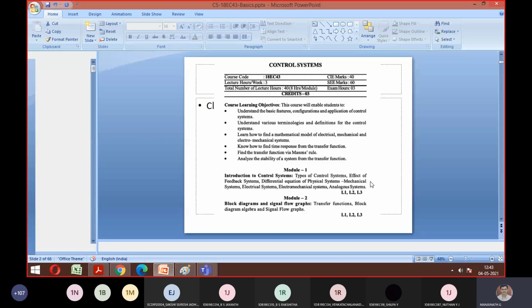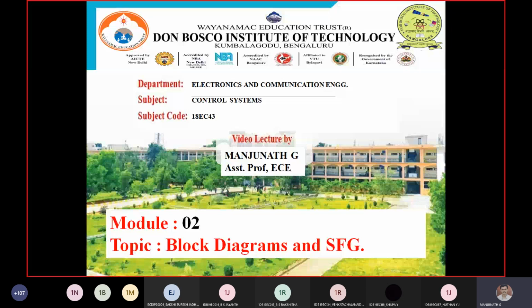So what exactly you're going to learn, I'll just overview, then we'll go with the syllabus. See, actually module number 1, what you went with was a physical system, a mechanical system, and a combination of physical, mechanical, electromechanical, as well as analogous system to obtain the individual things they have asked. So in module number 2, it is a pictorial representation of your system where we are supposed to find a transfer function. So your module number 2 is going to start with a small topic called transfer function for 6 to 8 marks.